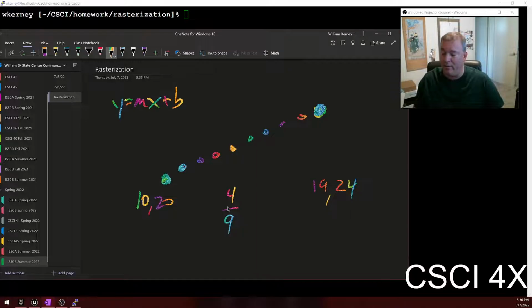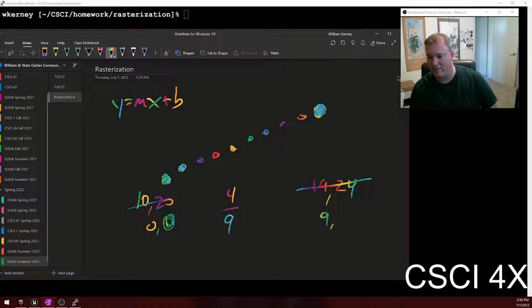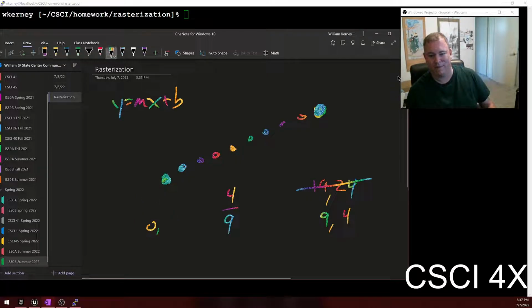One trick that I like to do just to make the math simpler is to adjust everything to be at the origin. So rather than this being 10, 20, I subtract 10 and 20 and make it 0, 0. And then this point just becomes 9, 4. X is equal to 9, y is equal to 4. That makes sense? It makes the math a lot easier. Just remember when you're finally outputting the pixels,